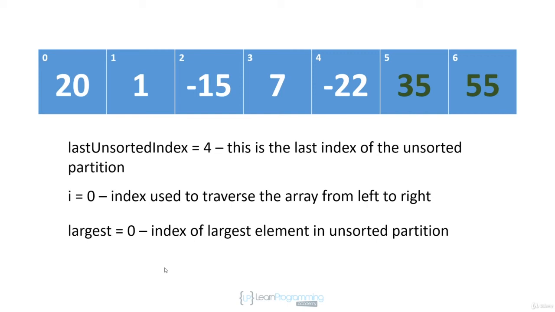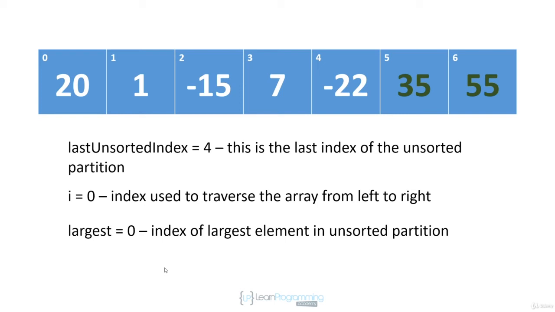And we would reinitialize largest to 0, and that should be a 1. We should reinitialize i to 1. And we're just going to repeat the process. We're going to compare a 1 to 20, largest is going to remain 0, etc., until the entire